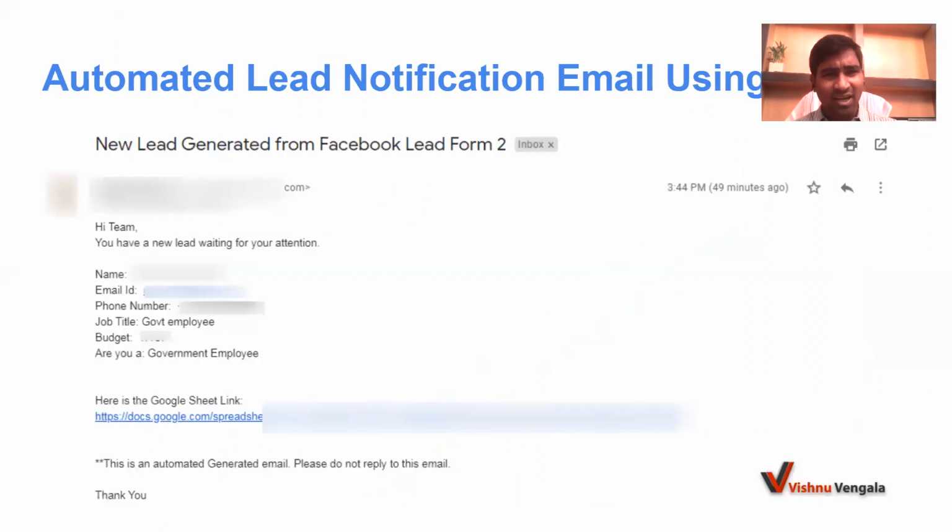And this is how you get an automated email notification about the lead details like email id, phone number, and all other details. This will happen in real time when your telecalling team calls your prospect customers. They will feel wow, and when you answer all those people's questions, definitely they are going to convert and sales are going to happen.